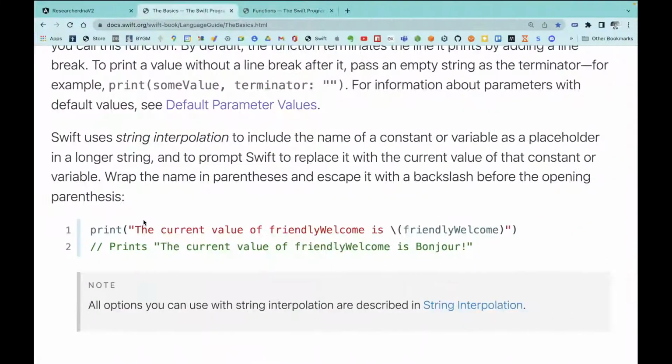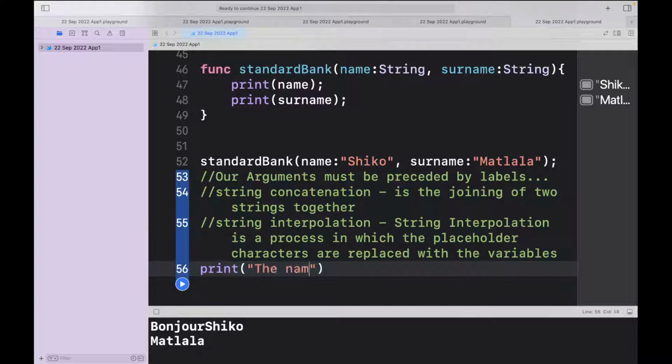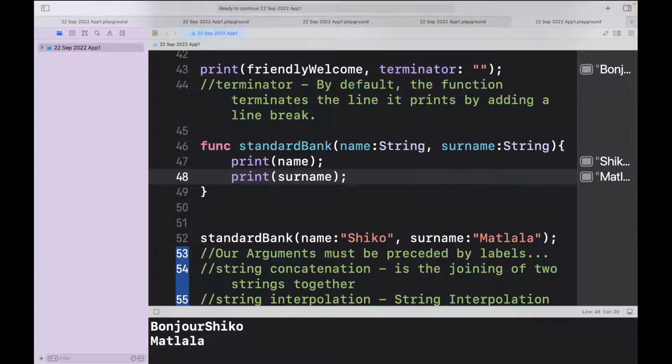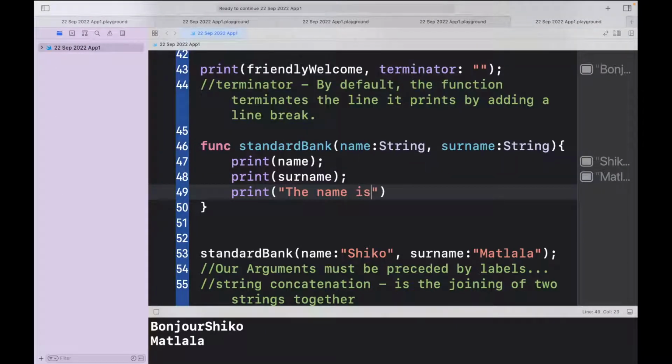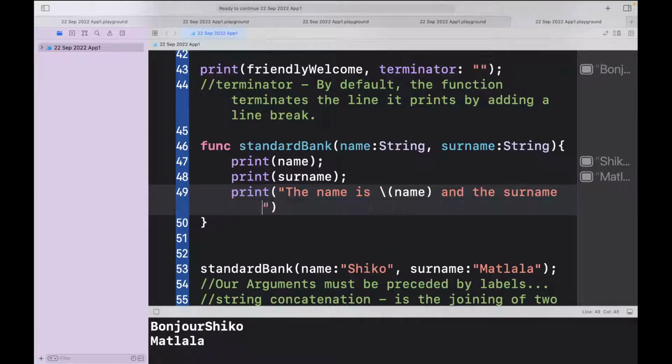So we're going to print the name of the dude. Okay, let's do it here instead. I'm just going to print the name is, and then obviously I'm just going to have to, and the surname is